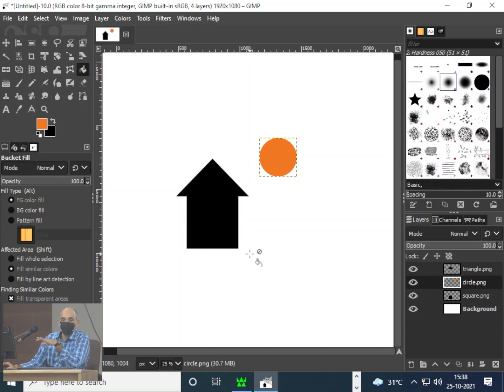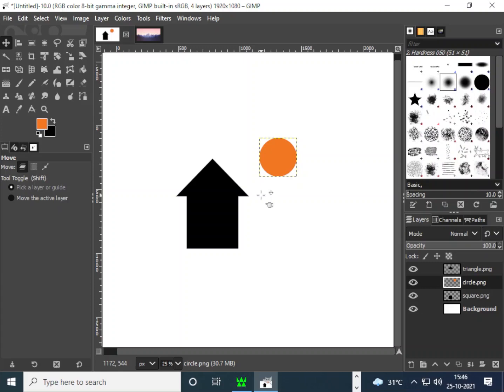Now what you have to do is, don't use the circle, don't use the square. Only use the triangle, create the same thing again. You should not use the square and the circle. You have to only use the triangle, but this is what I want. Are you able to do this?